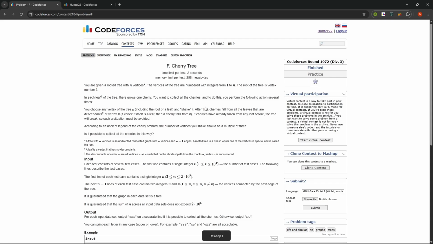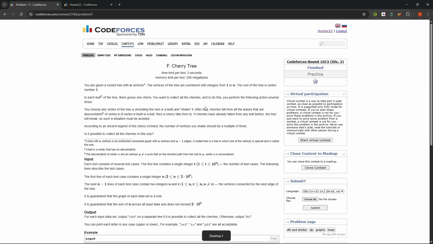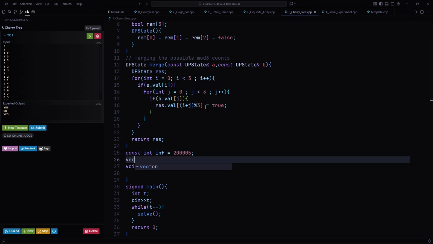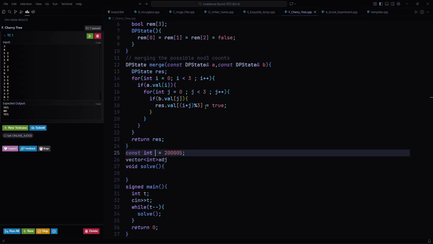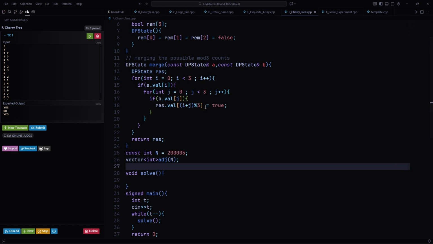What was the number here? 2 into 10 power 5. So it's 2 into 10 power 5, which is equal to, are there 5 zeros? So let's take some extra space, not a matter. Let's call it something better. DP state F and